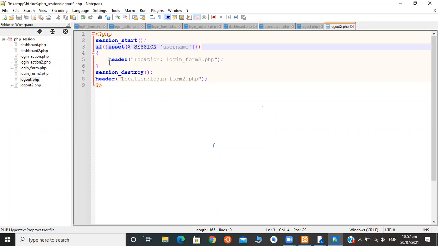Otherwise, it will redirect to header location login form.php. In both cases, it is going to the login form. We are just checking if it is present on the server or not. Let's save it and we will check it here.